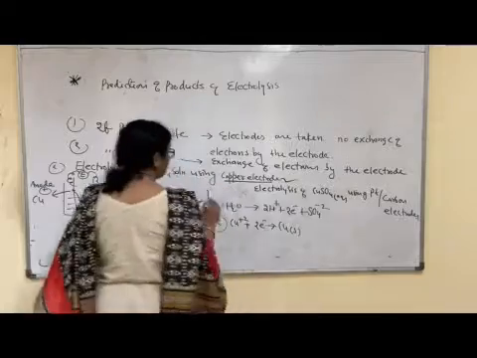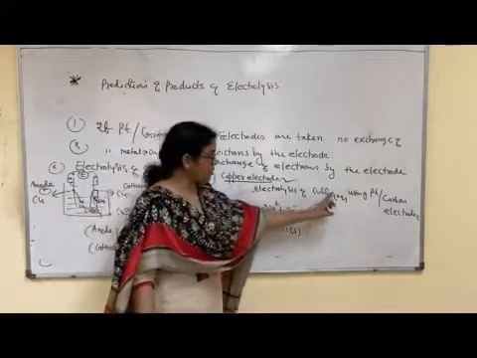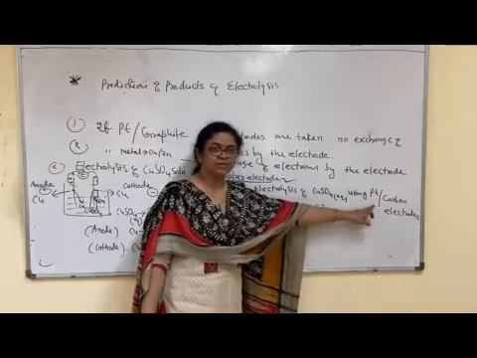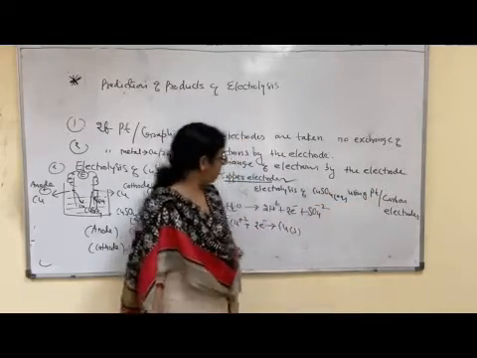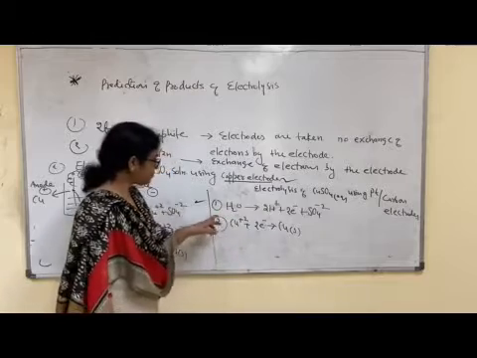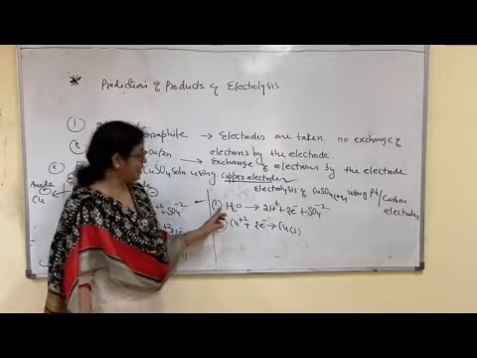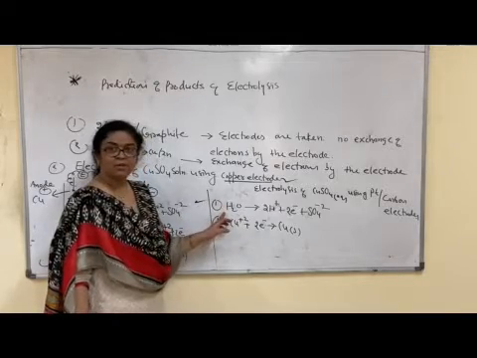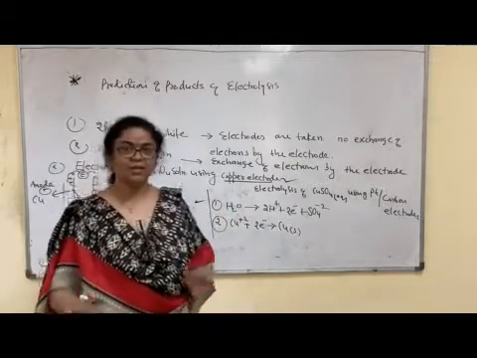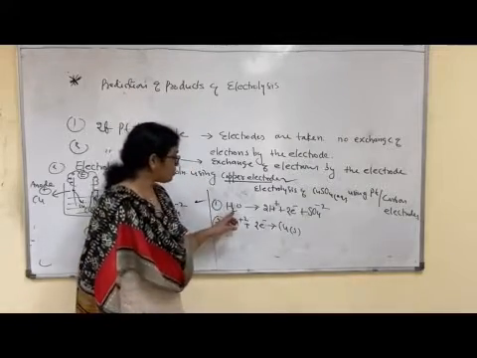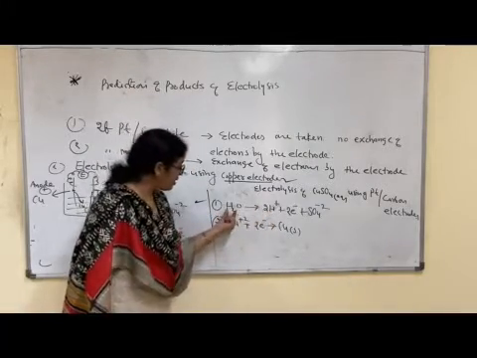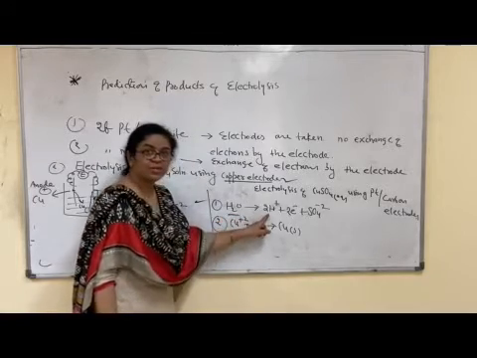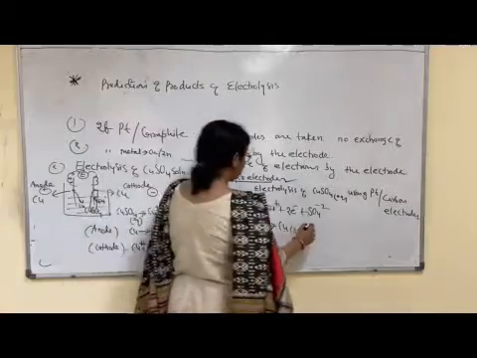Now, second condition, electrolysis of copper sulfate using inert electrodes like platinum electrode, graphite electrode, right, or carbon electrode. Then what happens? Oxidation of water occurs at the anode. And what is the oxidation reaction? For the water molecule, water is also an electrolyte, although a weak electrolyte. Oxidation of water into hydrogen ion. How many hydrogen atoms are present here? 2. Right? 2 hydrogen atoms give 2 hydrogen ions, losing 2 electrons, and